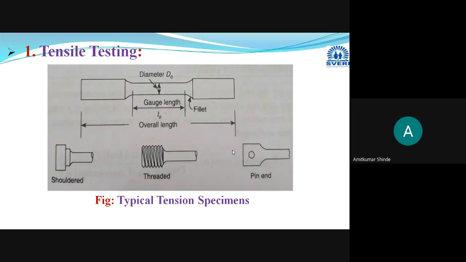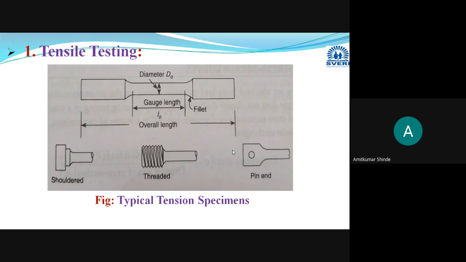And in the non-destructive testing methods, we have already discussed that part. In non-destructive testing, we are going to see the different types, like visual inspection, then magnetic particle testing, eddy current testing, liquid penetrant testing, radiography, and ultrasonic inspection. These we are going to discuss in brief. Now, in today's lecture, we will start with this